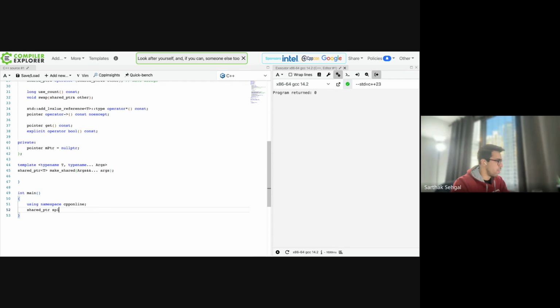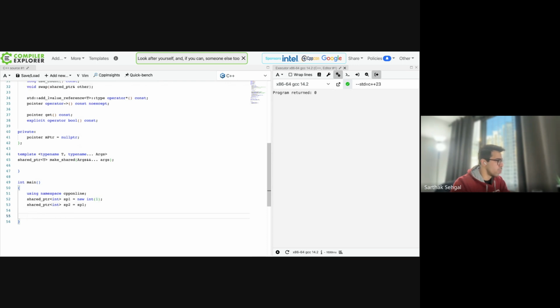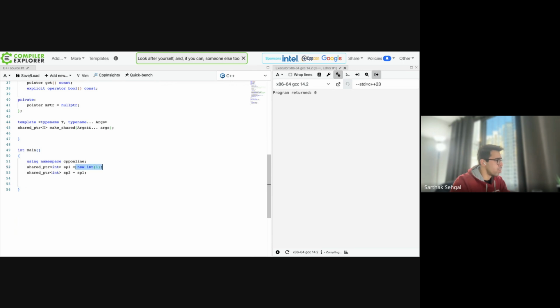I have a shared pointer sp1 of type int, which is pointing to this integer, and then I have a shared pointer of type int, sp2, which is constructed from sp1. Now I've got two shared pointers pointing to the same memory location, which is this location. And then